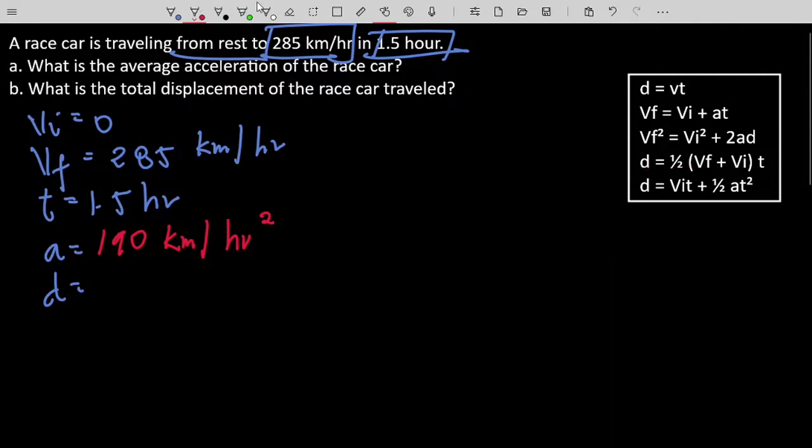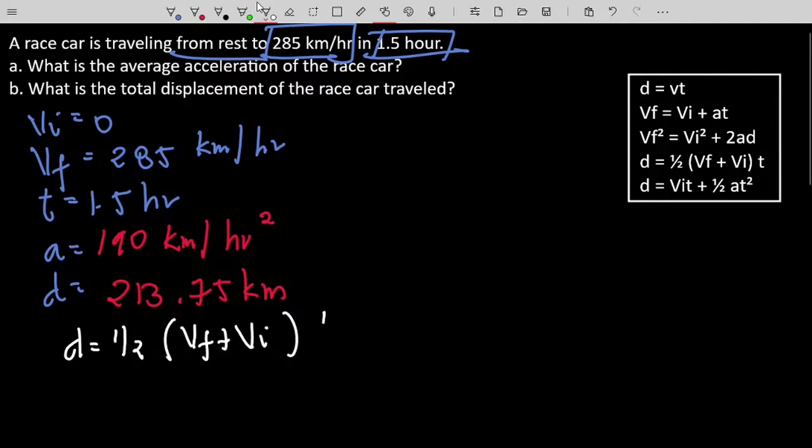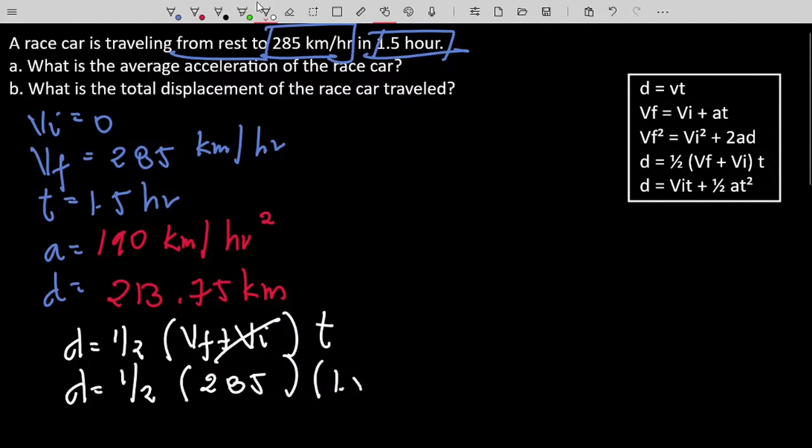Now again, we should know that our displacement is actually equal to 213.75 kilometers. Now again, let's try to use this formula right here. Let's rewrite the formula. Again, displacement is equal to 1/2 multiplied by final velocity plus initial velocity multiplied by time. Now, 1/2 our final velocity, which is 285, cancel our initial velocity because it is just 0, and multiply by 1.5. Now 285 multiplied by 1.5 multiplied by 0.5 or 1/2, then you should have the same value,